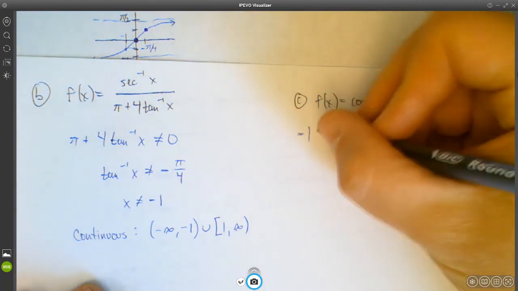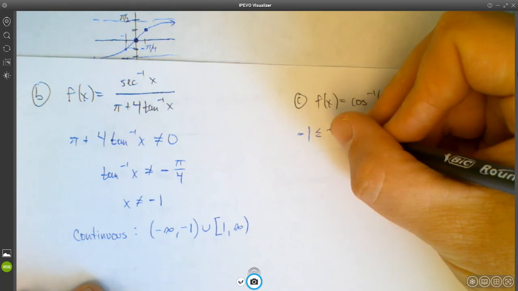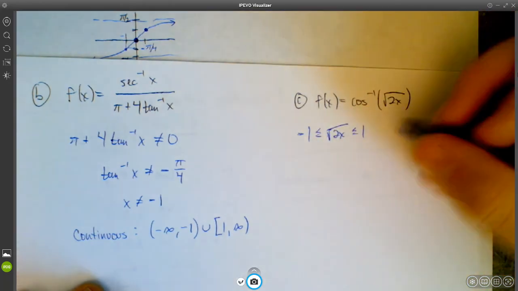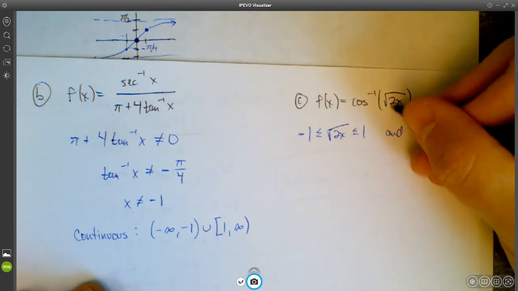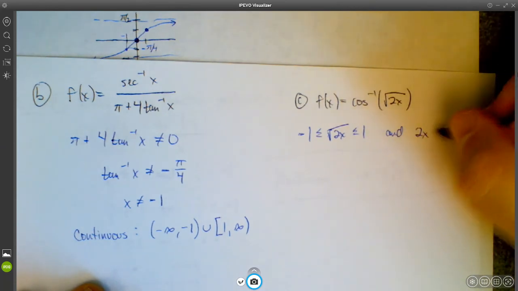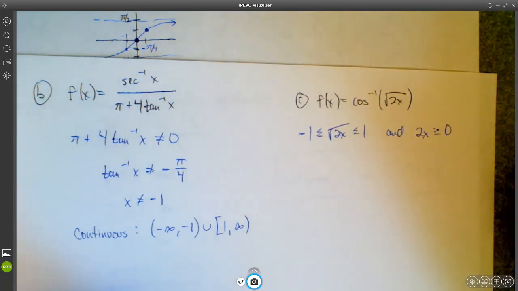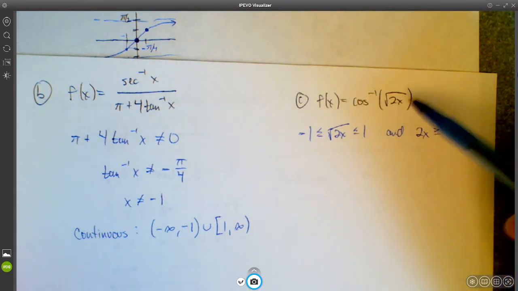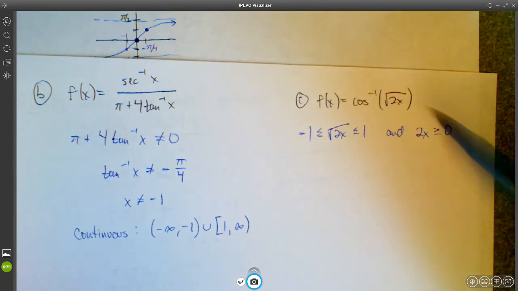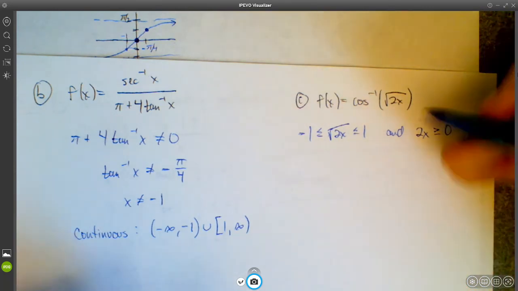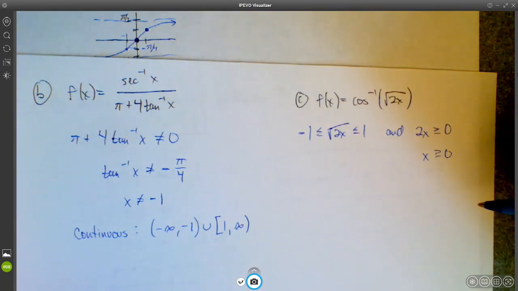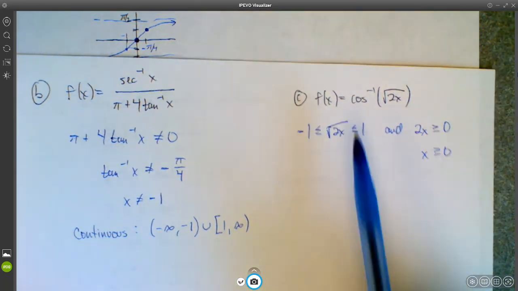So we need this to be true. We also need for 2x to be positive, or at least 0, because if 2x is negative, then the square root of 2x is not a real number. So we need both of these conditions to be met. This one's easy. We need x to be bigger than or equal to 0. As for this one,